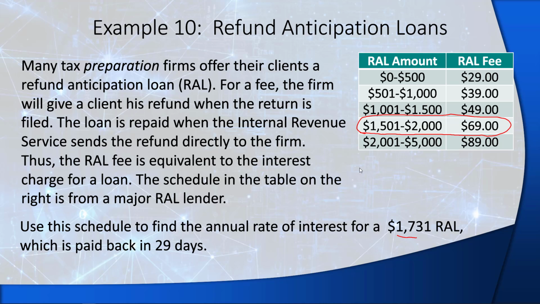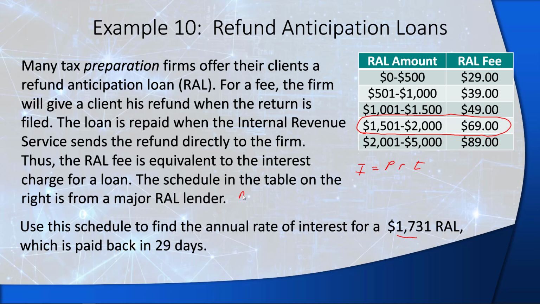So the interest in this particular case is going to be equal to the principal times the interest rate times the time. Okay, now we know what the interest is, it's $69. We know what the principal is, that is $1,731, and we know the time, that is 29 days. However, we can't work with days, we need to convert that to years,